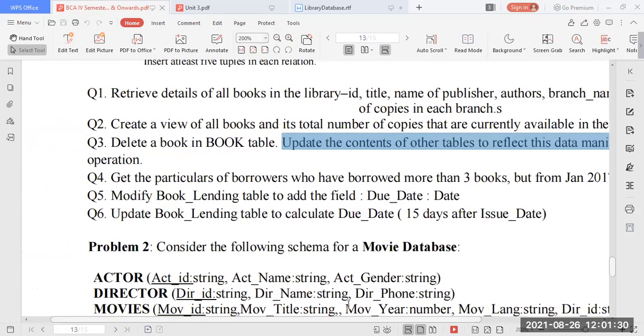If I delete the database management system book, which is B101, then I have to check in the author table and in the book copies table whether it has got deleted or not. So let us work it out.